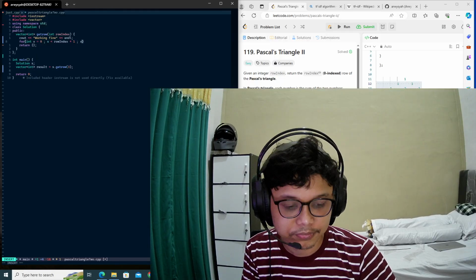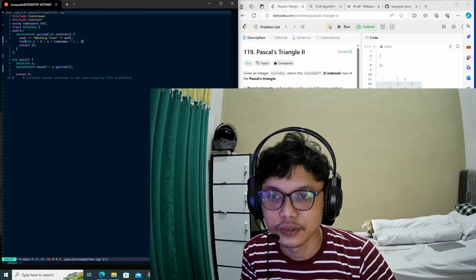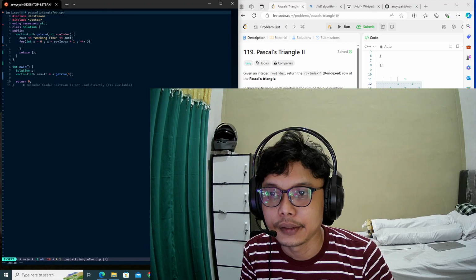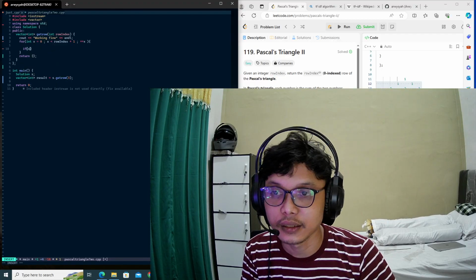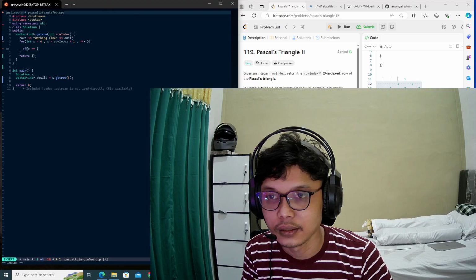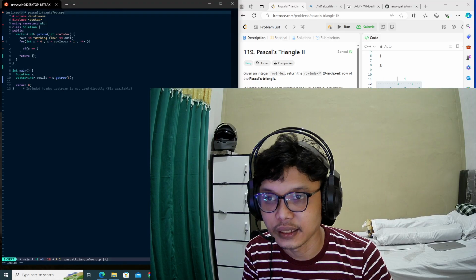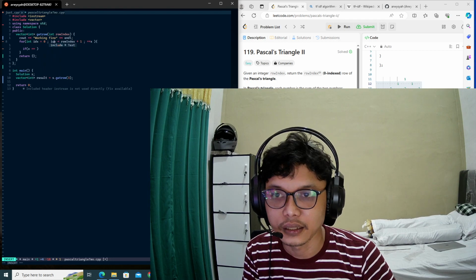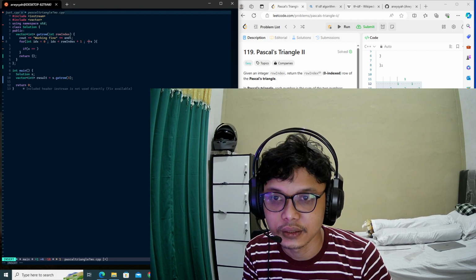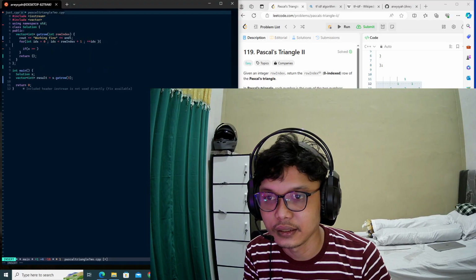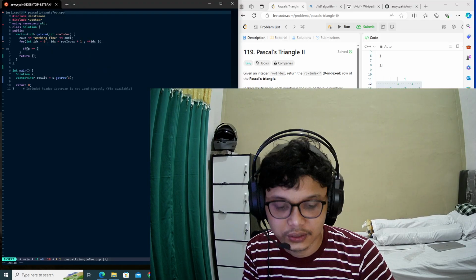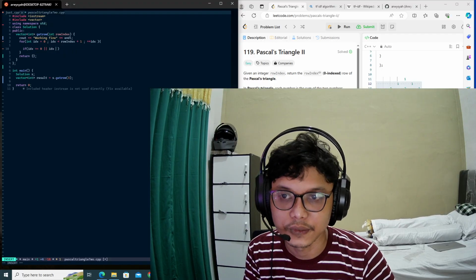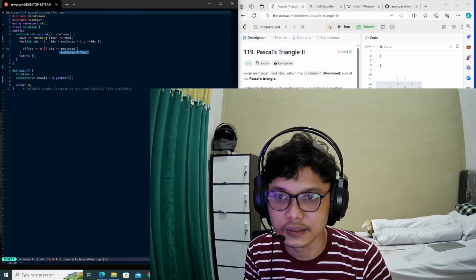And then we need to check if x equals 0, where x is an index. I think it's going to be better to use idx, right? So if either idx equals 0, or idx equals the row index, the last index, like that,